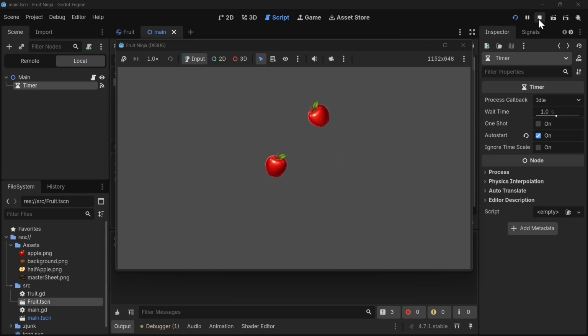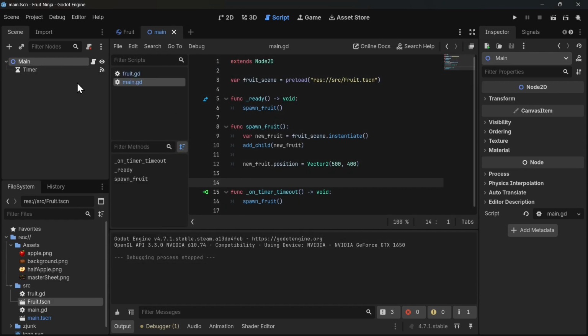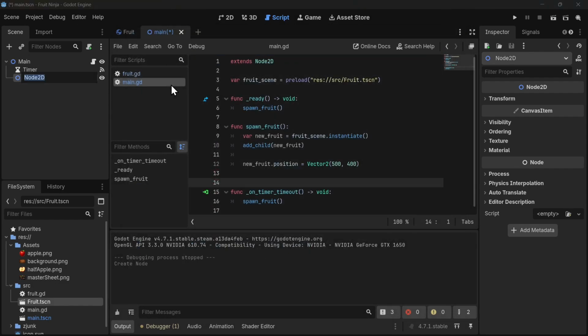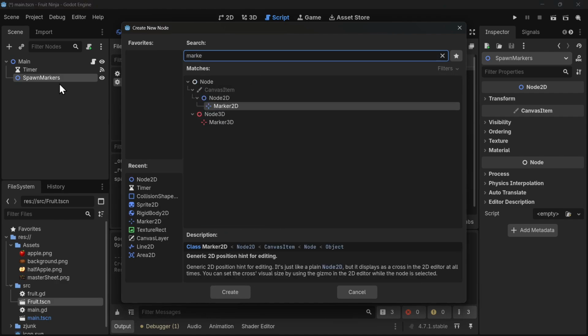Instead of hard coding positions, let's create a few markers. I'll add a Node2D and I'd rename it as SpawnMarkers. This is just to organize our marker nodes. Then I would add our Marker2D nodes